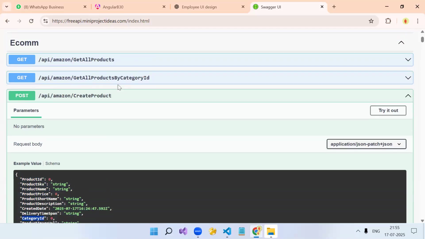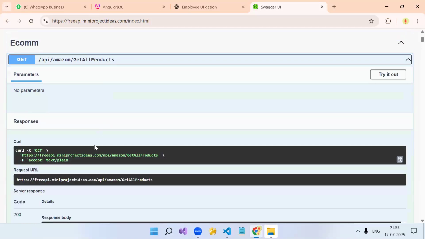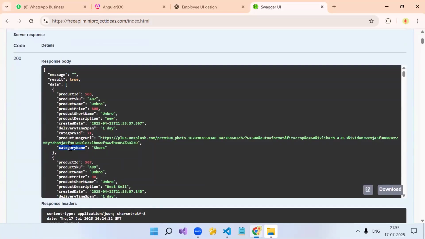Now, if you check the GET API, you can see category name. So can you use this object for the form? No, it has some extra field now. So it is possible that your post API has 5 fields, but in your GET API you might get 7 to 8 fields, or even fewer fields also.